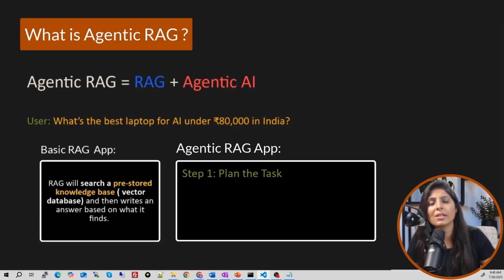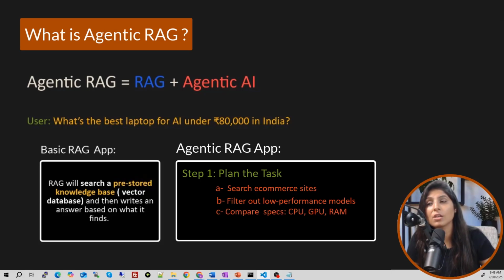Let's say it planned that first I need to search e-commerce websites for laptops in the price range which the user mentioned. Then I have to filter out the models based on performance. Then I need to compare important specifications like CPU, GPU, RAM, these kinds of things.